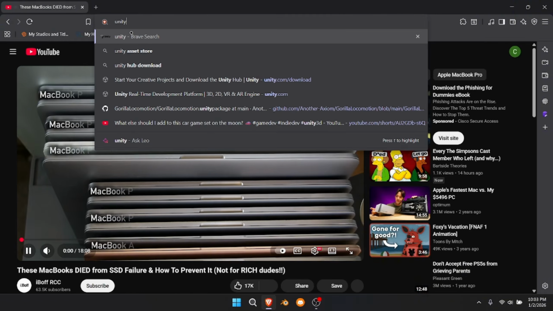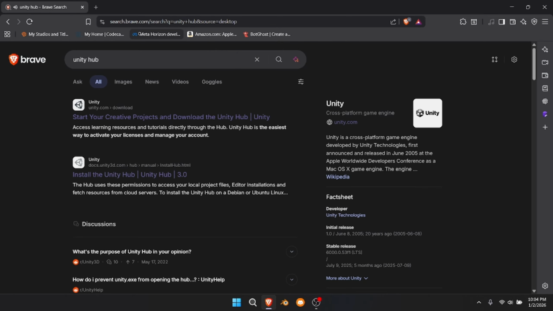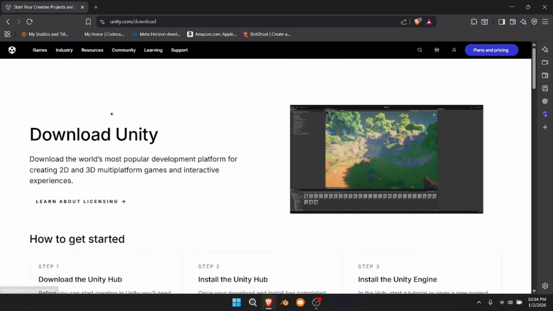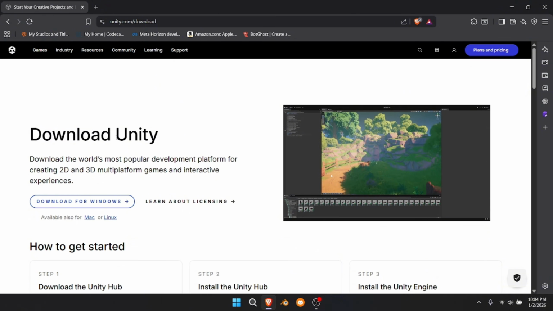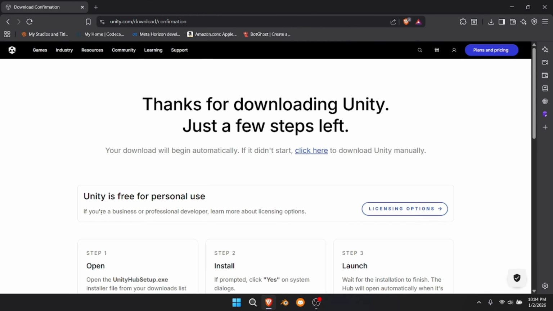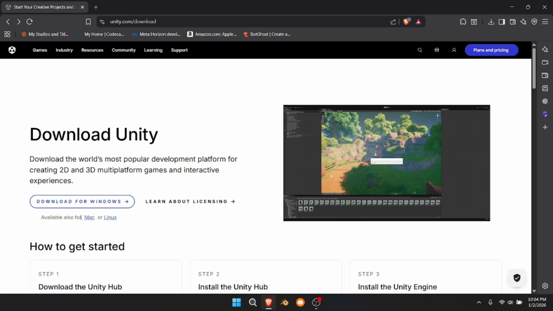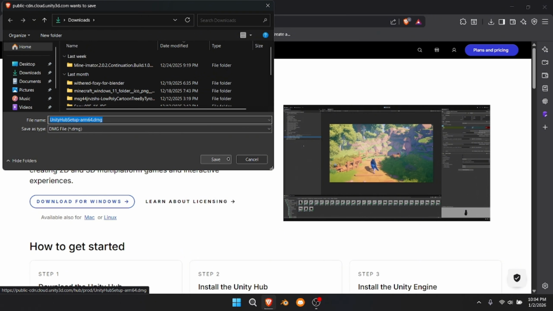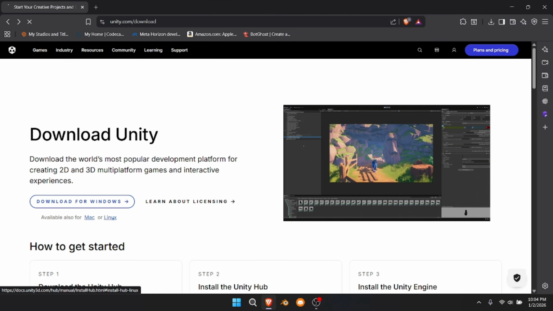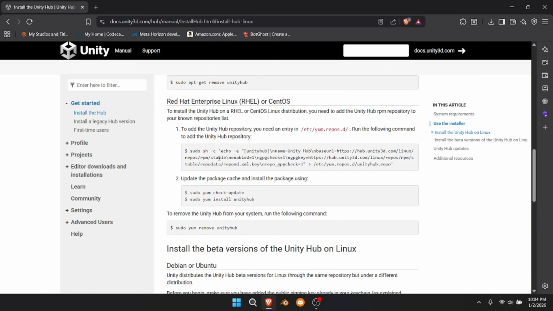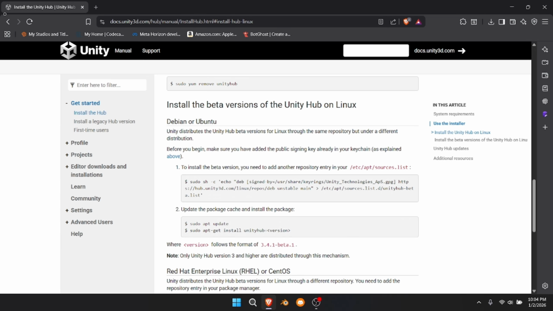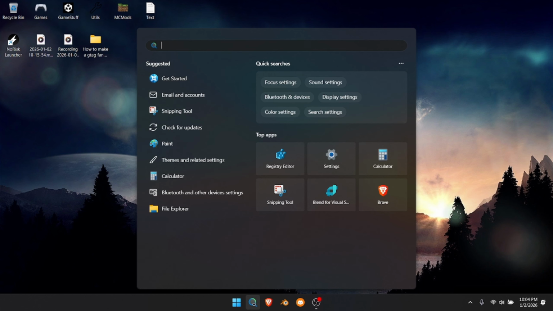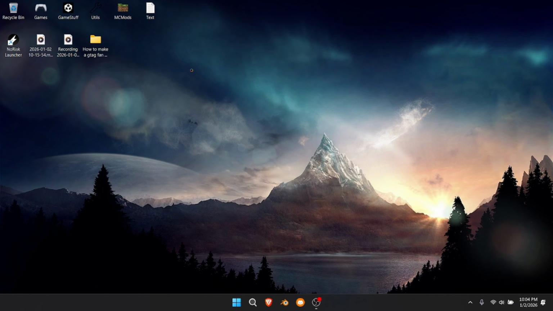Starting off, you're going to want to search up Unity and click on it. It's going to be unity.com/download. Press download for Windows, or if you're on Mac, just click Mac, or if you're on Linux, then do all this. And once you have it downloaded and installed,